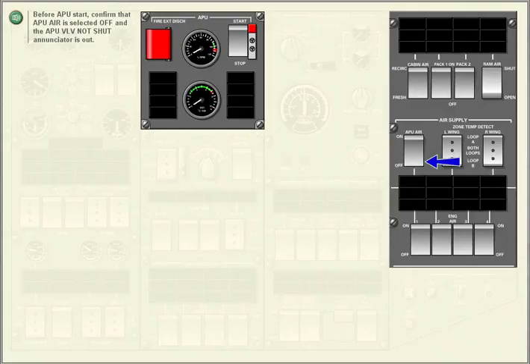Before APU start, confirm that APU air is selected off and the APU valve not shut annunciator is out.